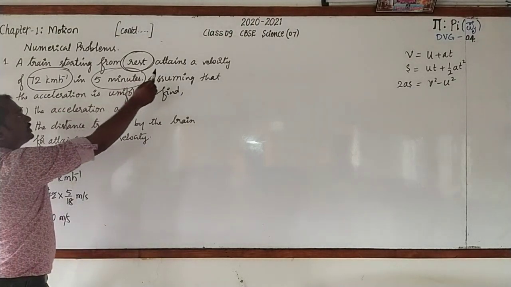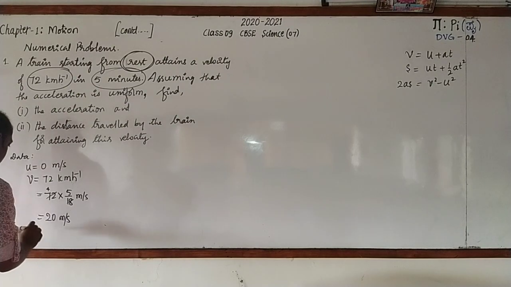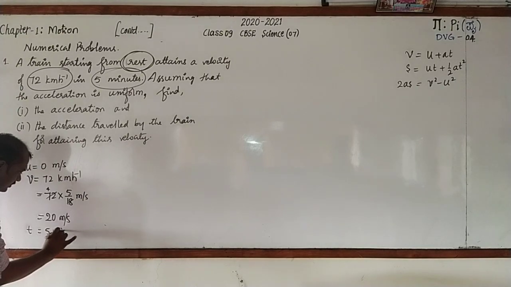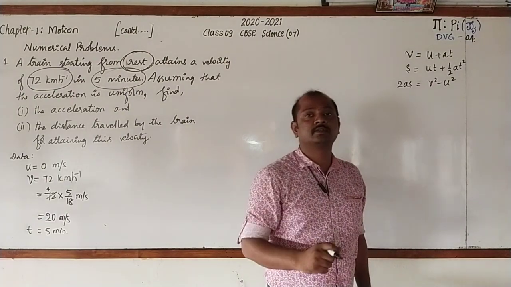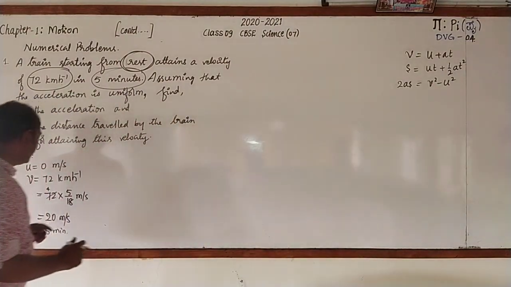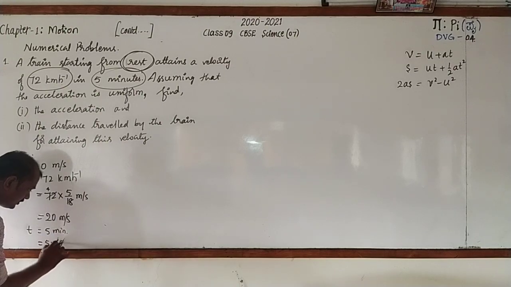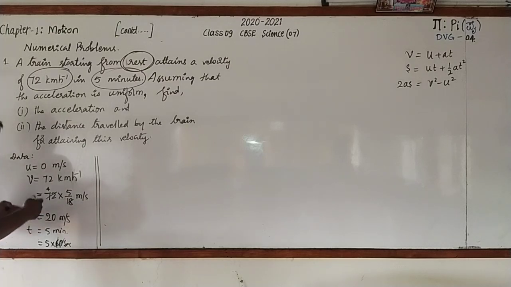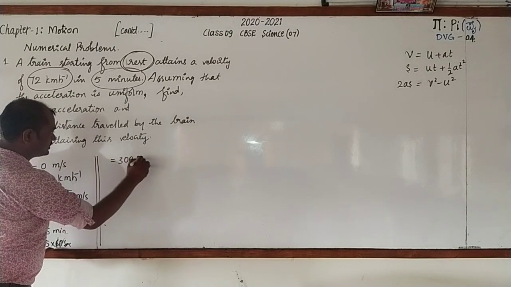Next, to change its velocity from 0 to 72 kilometer per hour, it has taken 5 minutes. 5 minutes is time. T is equal to 5 minutes. Dear students, minute is not the SI unit of time, right? Then what is it? Second. Then convert 5 minutes into seconds. So it is 5 into 1 minute equal to 60 seconds. Here I am writing the data, but you should continue to write just below this. 5 6s are 30, it is 300 seconds.